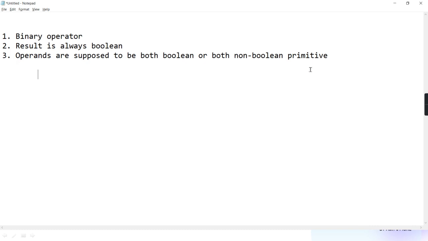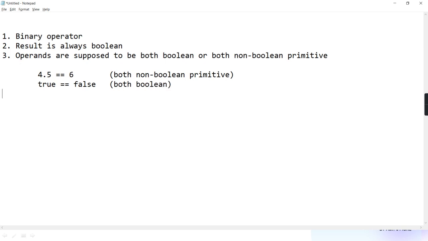primitive. You understanding? See here, 4.5 double equal to 6, legal. Is it legal? Yes, because both are non-Boolean primitive. Okay, I am writing true double equal to false, allowed, both Boolean.